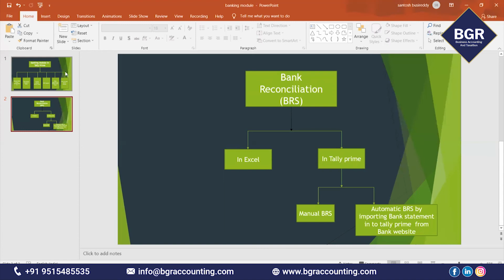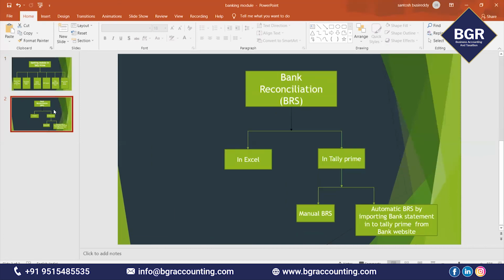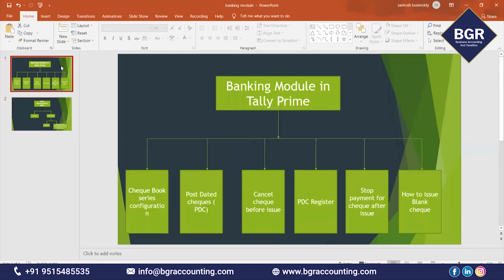This banking module profile in Tally Prime is most important for a finance executive profile. If you learn how to configure these concepts and what they mean, you can easily go for a finance executive profile in the finance department.